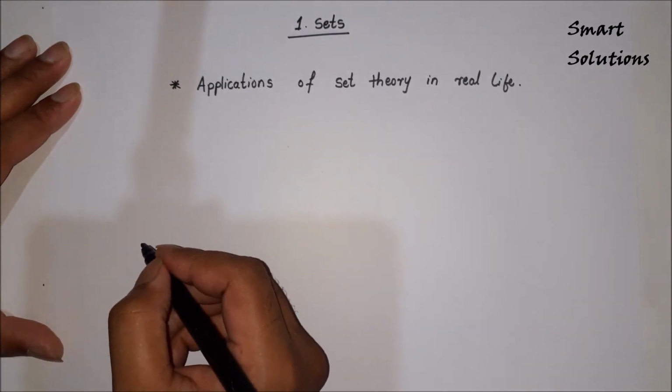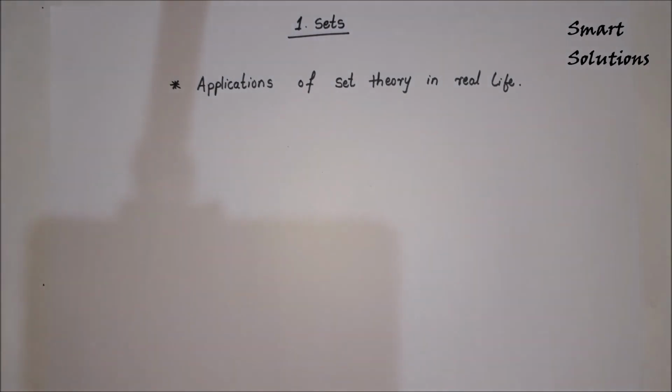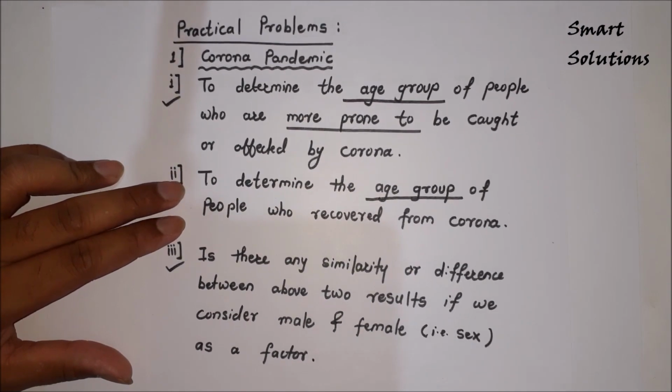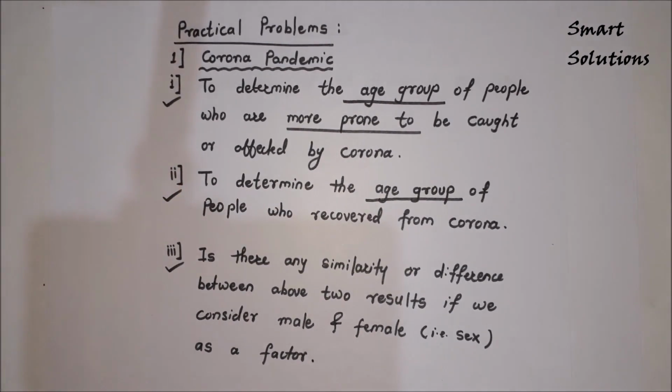Okay, so here I have discussed, or I am going to discuss, three major applications which are from very diversified fields, so that you will understand what is the vastness and how various problems can be tackled using set theory. So let us look at the first example, or first application rather. I am putting before you the first application of set theory.